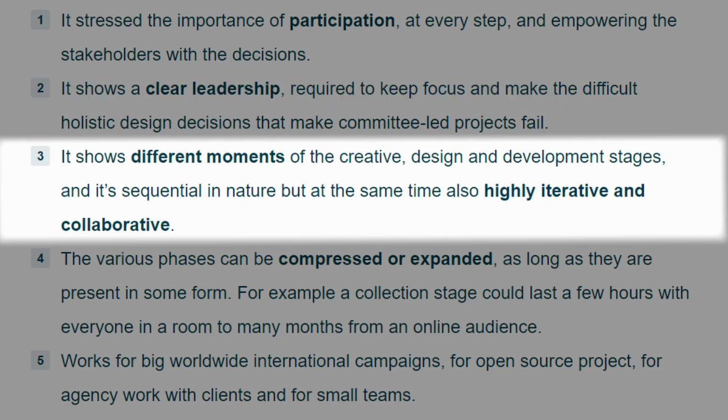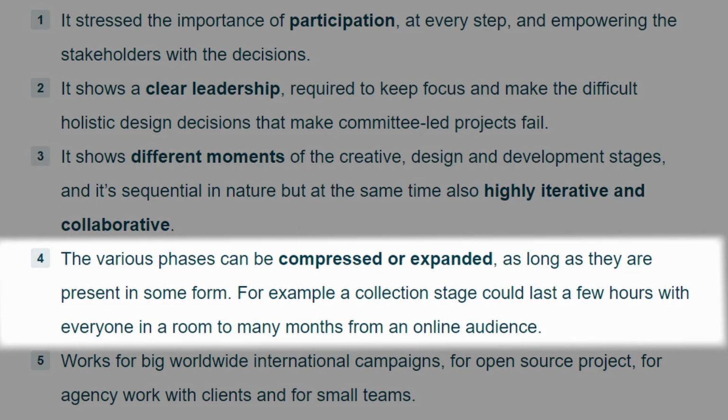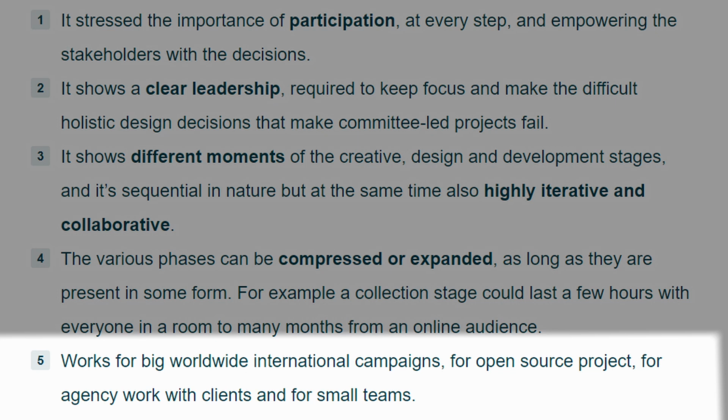3, it shows different amounts of creative design and development stages, and it's sequential in nature, but at the same time, a highly iterative and collaborative process. 4, the various phases can be compressed or expanded as long as they are present in some form. For example, a collection stage could last a few hours with everyone in the room to many months from an online audience. And 5, works for big worldwide international campaigns, for open source project, for agency work with clients, and